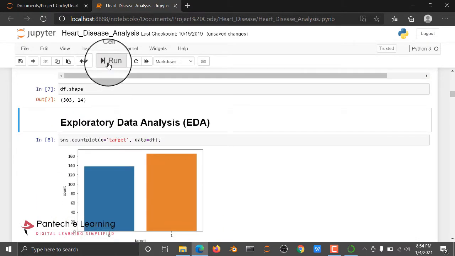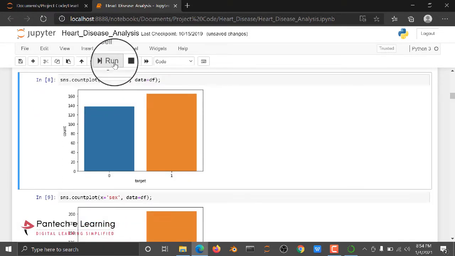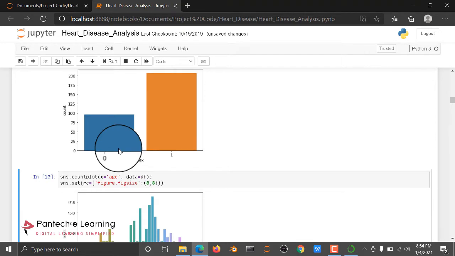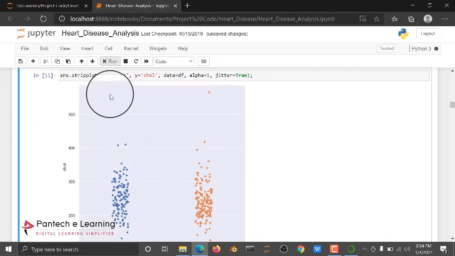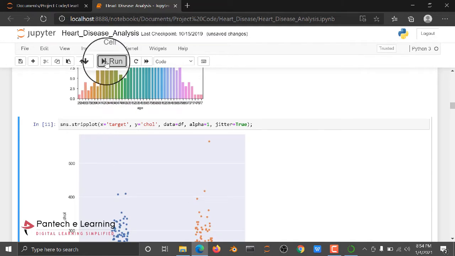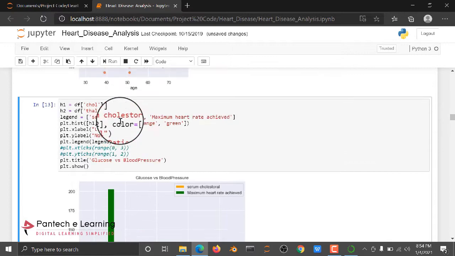Next is the EDA, exploratory data analysis part. Here we check whether the dataset is balanced or imbalanced, and then check the categories of gender. Here we are plotting age, and here the comparison between target and cholesterol value, and then another graph.